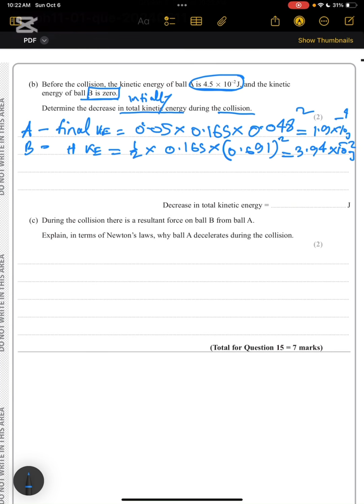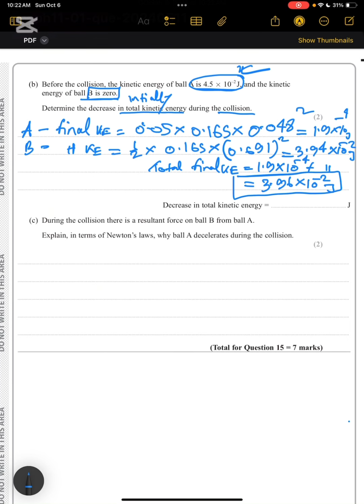So we can add these two to get the total final kinetic energy. Total final kinetic energy is equals to 1.9 into 10 to the power minus 4 plus this value 3.94 into 10 to the power minus 2, which is equals to 3.96 into 10 to the power minus 2 joule. So it was the initial and it's the final. So the difference will be,